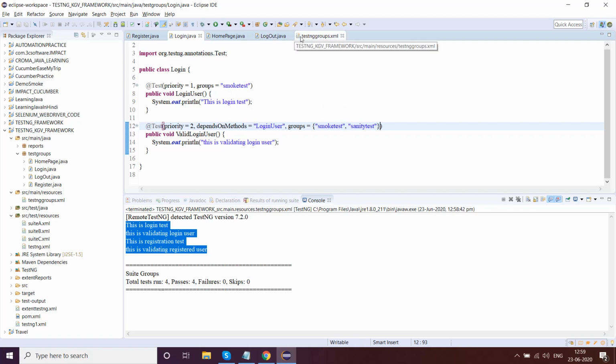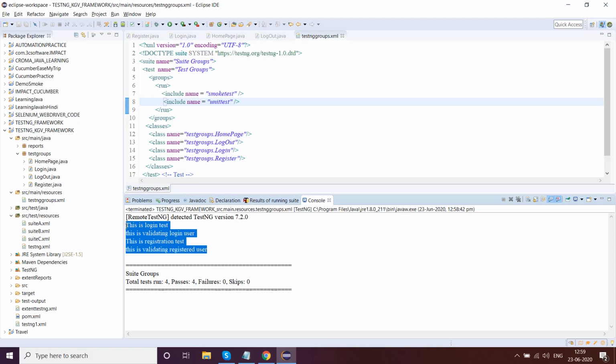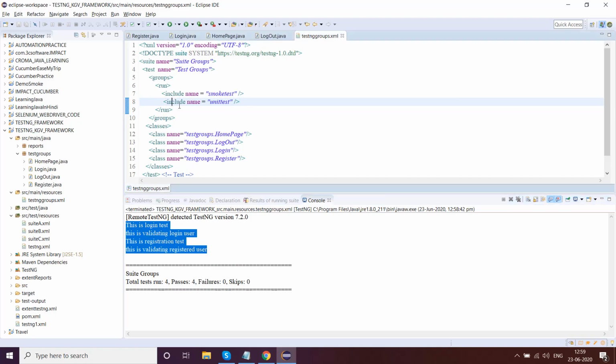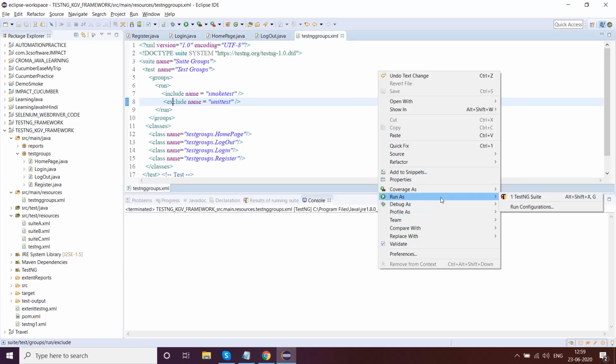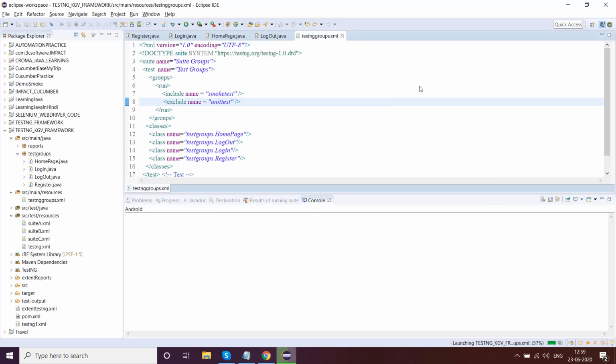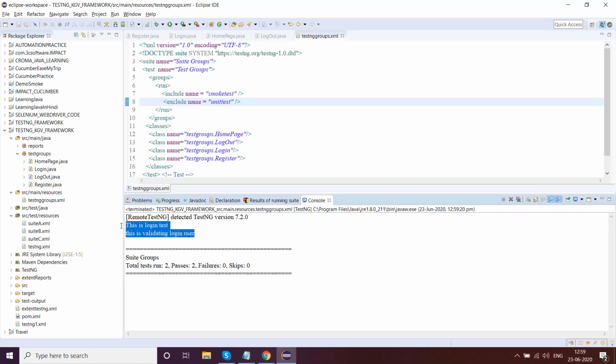Let's say for example you don't want to include unit test, so you can mention exclude here. Save it, and then right click, run as TestNG test. See, when we exclude unit tests, all those test cases which had smoke test as the group will run.